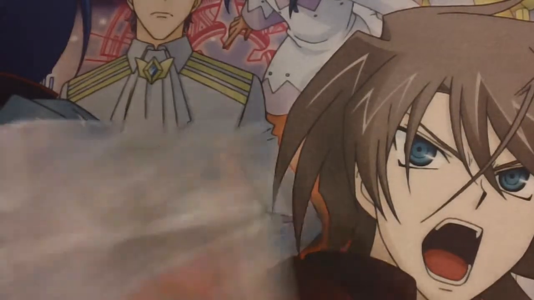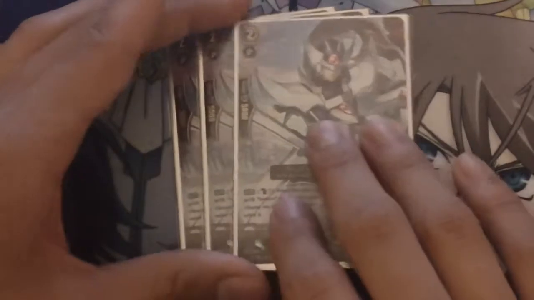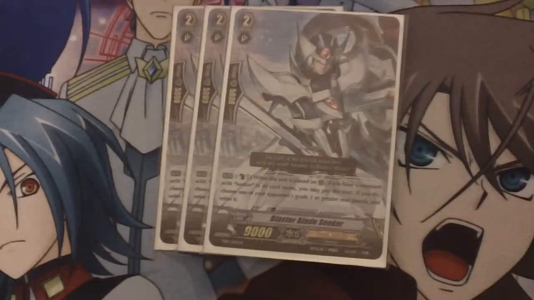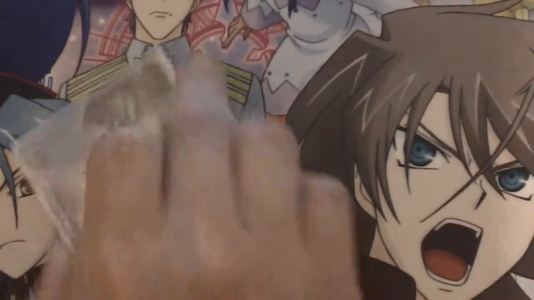Next, grade 2s are 3 Blaster Blade Seekers. Only need 3 because 3 is all you need, really. So here, like I said before, Counterblast 1 when placed on rearguard. If you have a Seeker Vanguard, retire a grade 2 or greater. Legions with